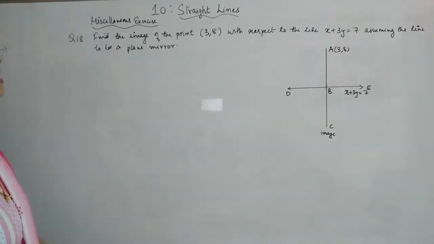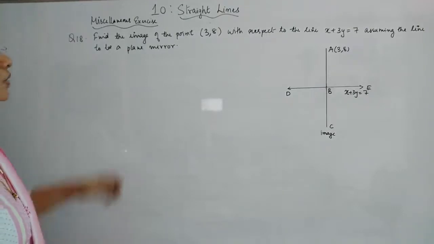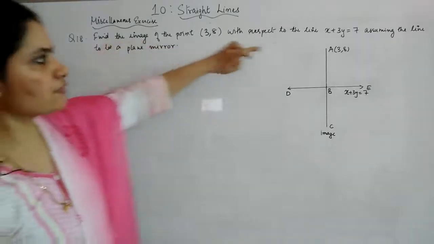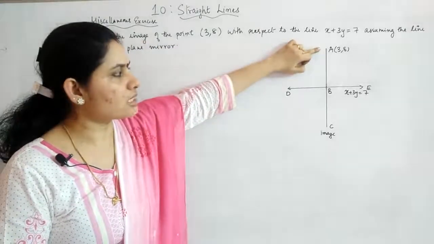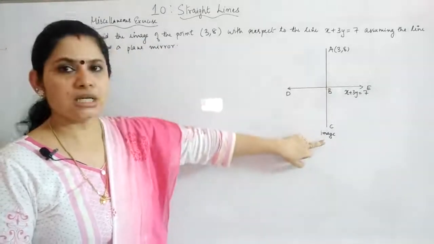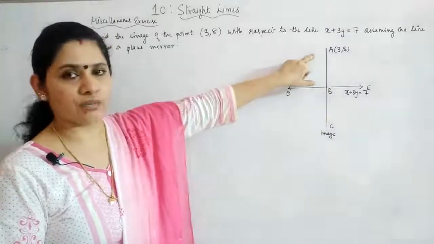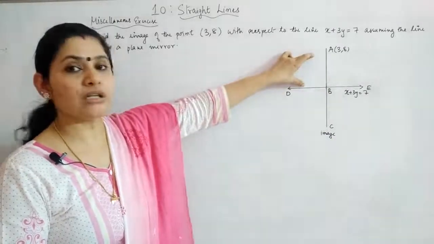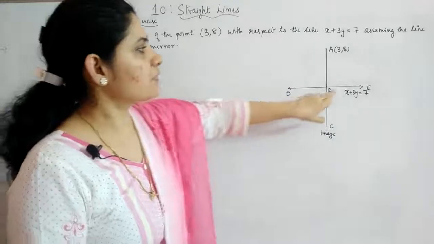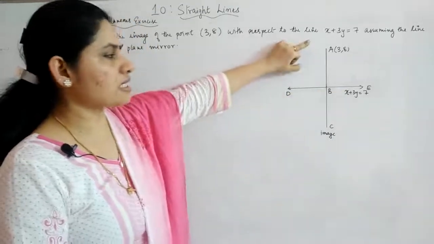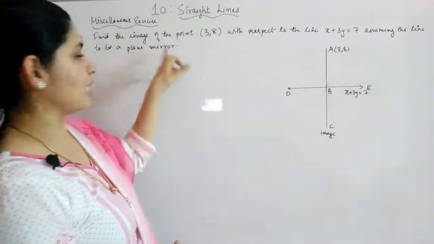Question number 18 is, find the image of the point 3,8 with respect to the line x plus 3y is equal to 7, assuming the line to be a plane mirror. Now you have to find out the image, means if this is the point 3,8, you have to find out a point which is acting as the image of 3,8. Now what is the meaning of image? If the given line x plus 3y equal to 7 is acting as a plane mirror,